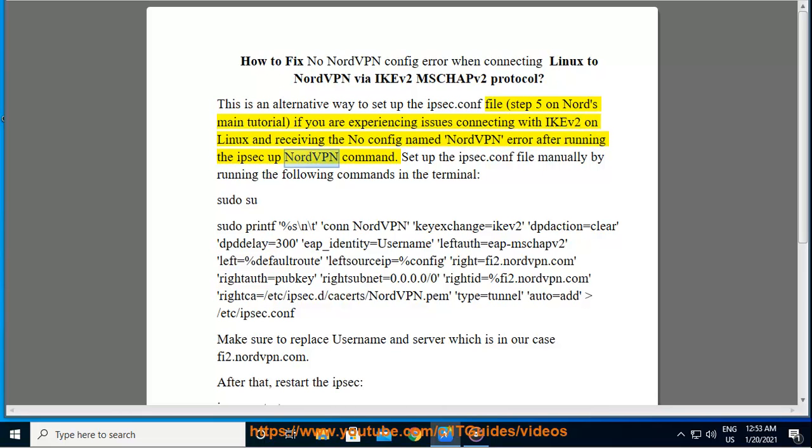the ipsec up NordVPN command, set up the ipsec.conf file manually by running the following commands in the terminal: sudo printf %s\n, conn nordvpn, keyexchange=ikev2, dpdaction=clear, dpddelay=300s, eap_identity=username, leftauth=eap-mschapv2, left=%defaultroute, leftsourceip=%config, rightid=%fi2.nordvpn.com, rightauth=pubkey, right